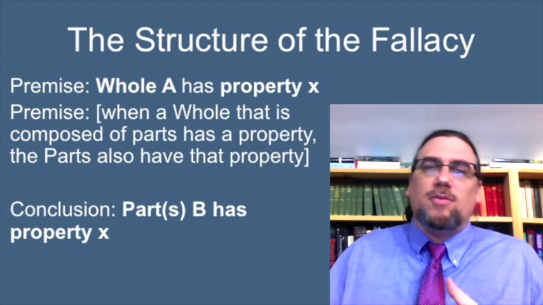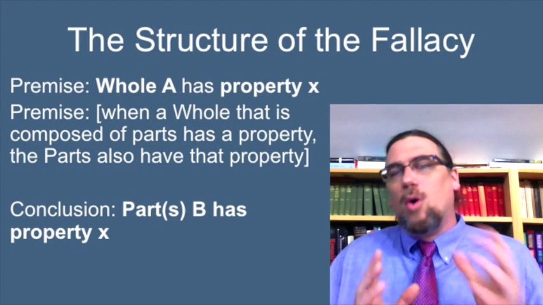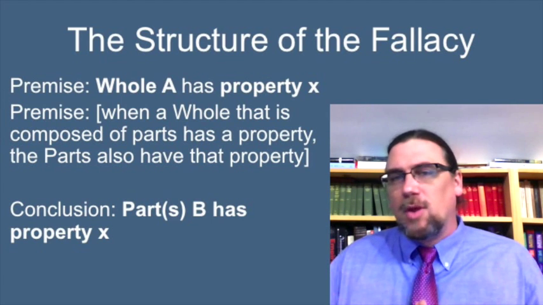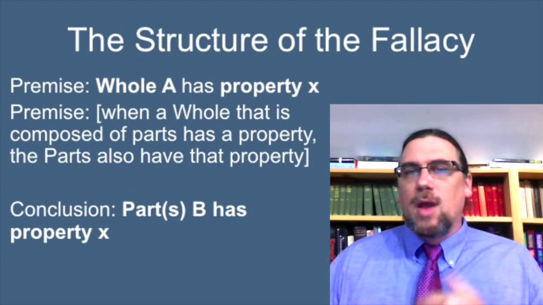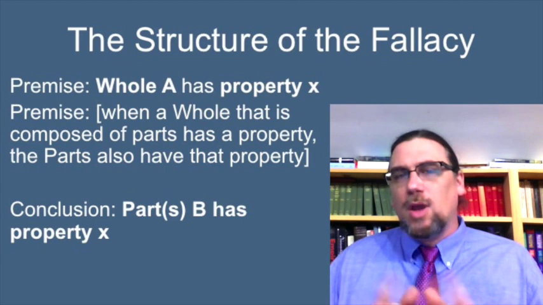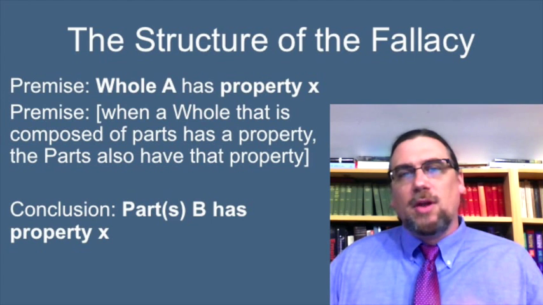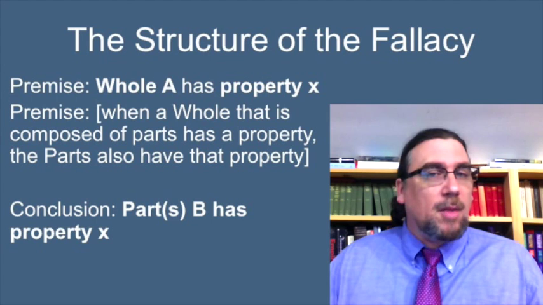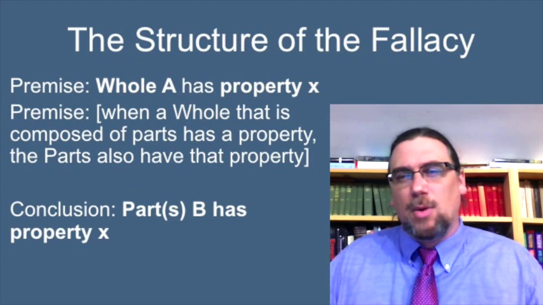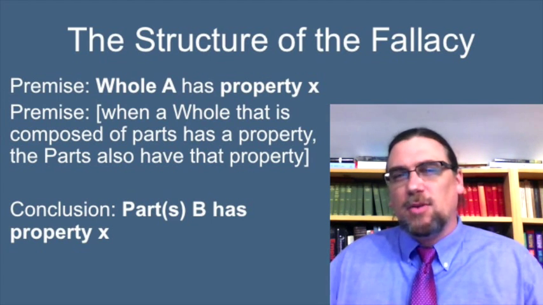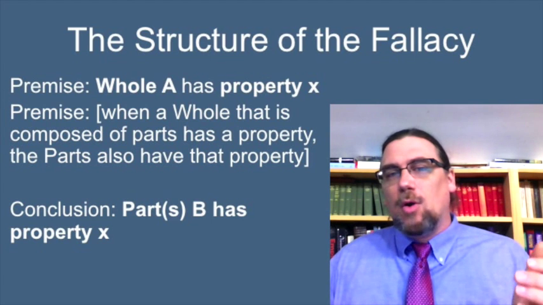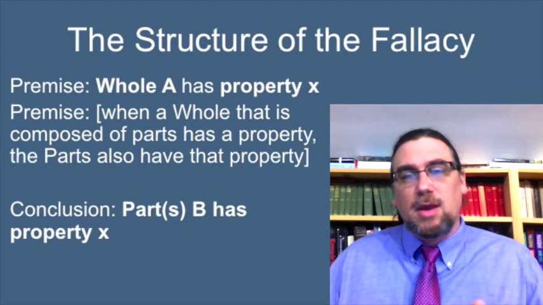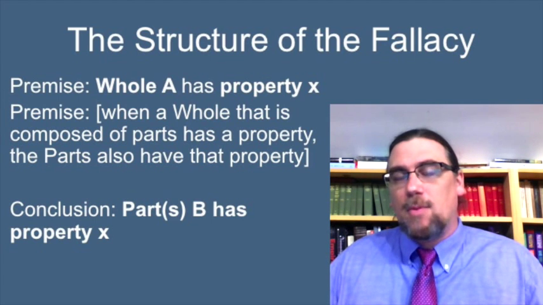The way it works is the first premise says this whole that we're looking at has property X. X could be whatever we like. And we're adding another premise into it, and this is the weak point in the argument. When a whole that is composed of parts has a property, the parts also have that property. And we've got good reason to think that's not always the case, but it's being assumed as being true in this case. So the conclusion then is that a part or parts B have that very same property that the